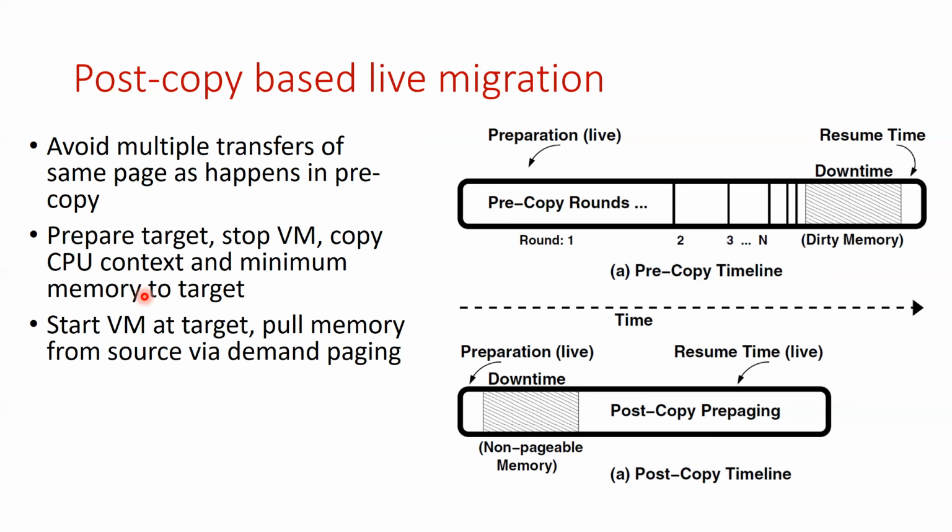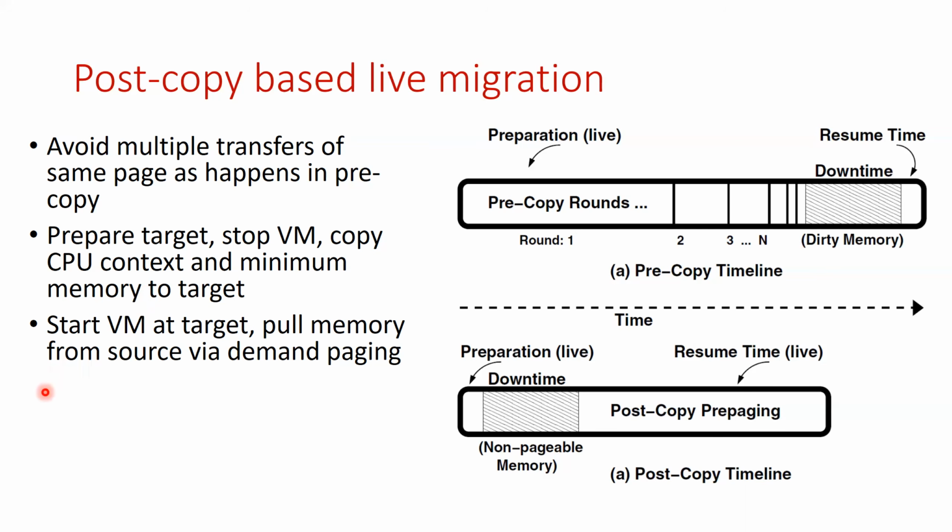And whatever memory is not there, this is equivalent to how every OS is capable of handling page faults anyway, right? Regular operating systems do demand paging. They don't have all pages in RAM all the time. Some pages could be pushed over to a swap disk. So when such pages are accessed, there's a page fault and you fetch the page from disk. So a similar mechanism can happen.